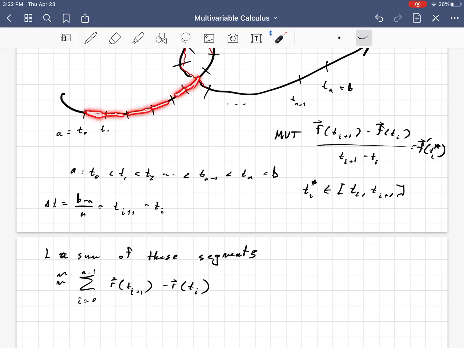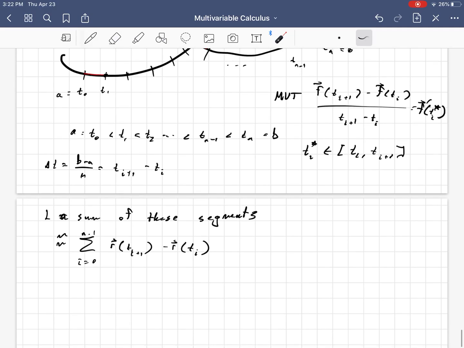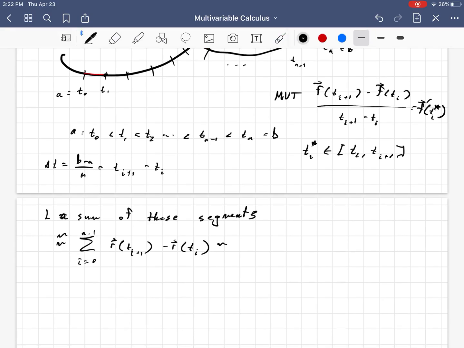because r of t sub i would be here, say, or let me put in the laser, it'll stand out more. r of t sub i would be, say, here. r of t sub i minus 1 would be, say, here. And so the distance between the two would be this length here, and that's what we're summing up as those segments. So now, using the mean value theorem, we can replace that with